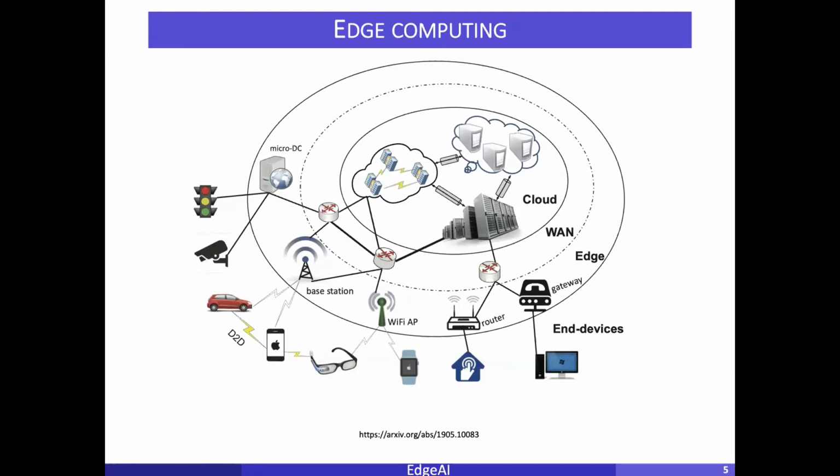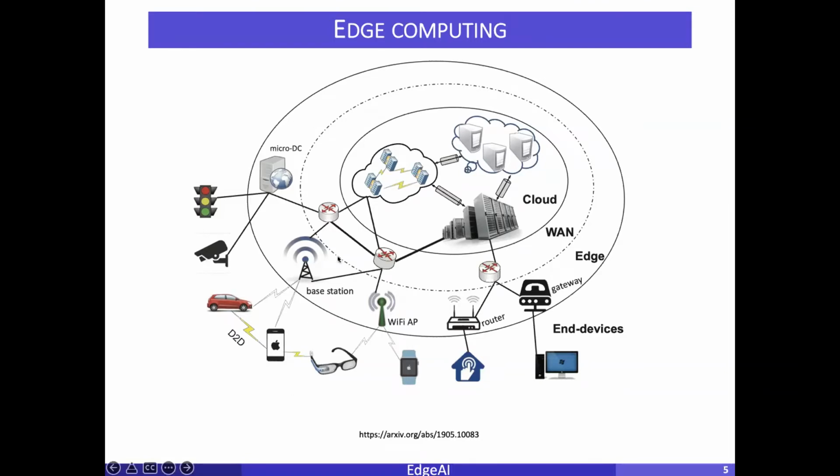This latency is fine for normal applications, right? But for example, if I'm watching YouTube on my mobile, or Netflix basically, and when I'm watching the video I see a lot of jitters, most of the time the experience would not be good. So what people try to do is, instead of sending everything to the cloud, let us do the processing near the user location, so that we get a better user experience. That's the motivation of edge computing.